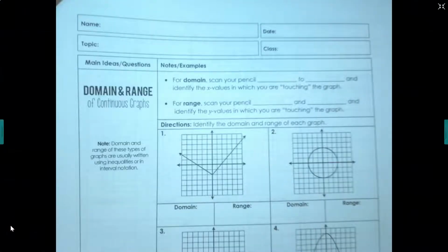Welcome to this video on domain and range. By the end of this video, you should be able to write the domain and range of a continuous graph